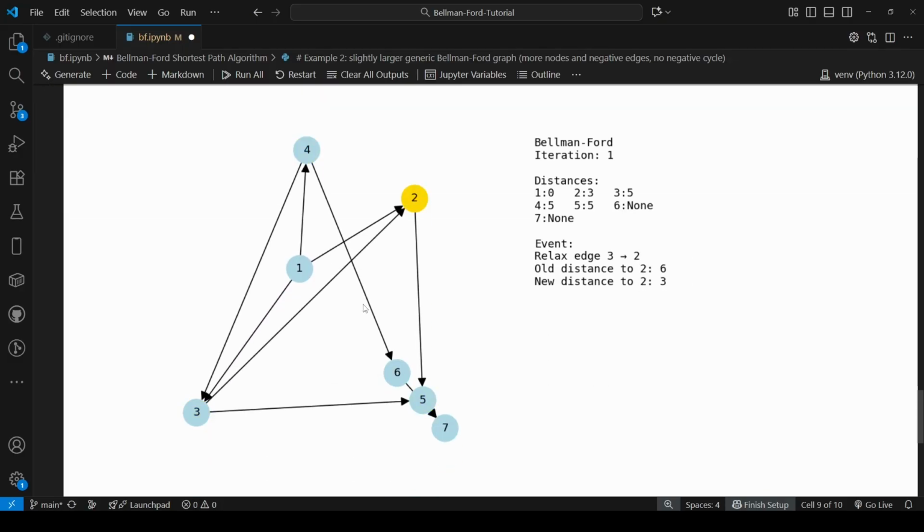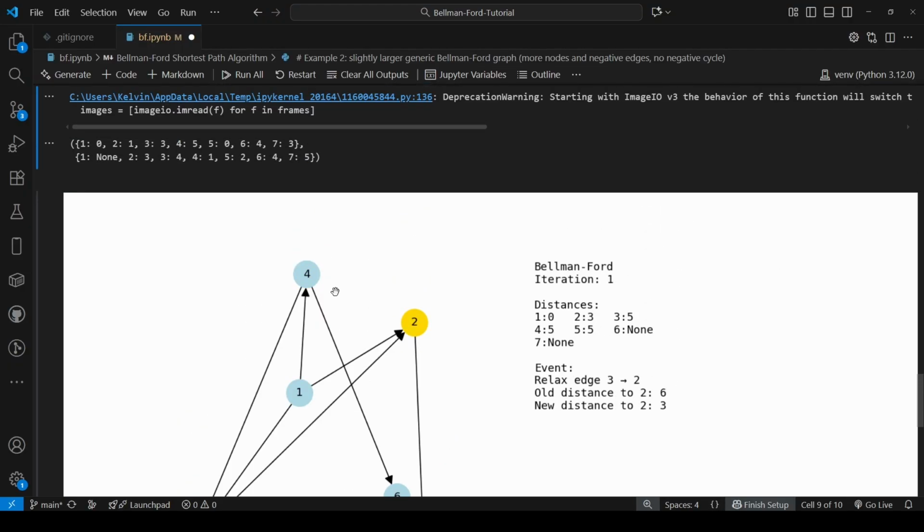Feel free to slow down the animation to follow along with what the algorithm is doing. After the relaxation finishes, the final shortest distances from node 1 are: distance to 1 is 0, distance to 2 is 1, distance to 3 is 3, distance to 4 is 5, distance to 5 is 0, distance to 6 is 4, and then distance to 7 is 3. We can see that this is incorporated in our GIF